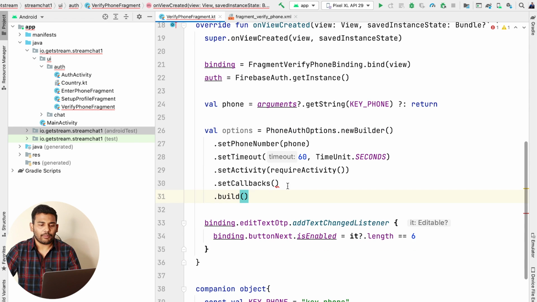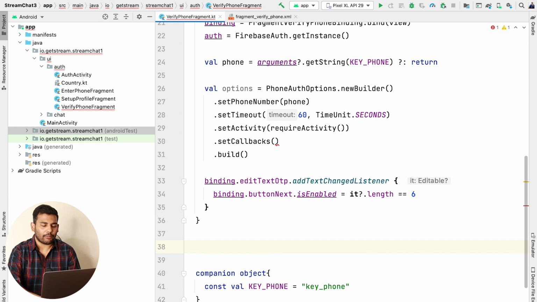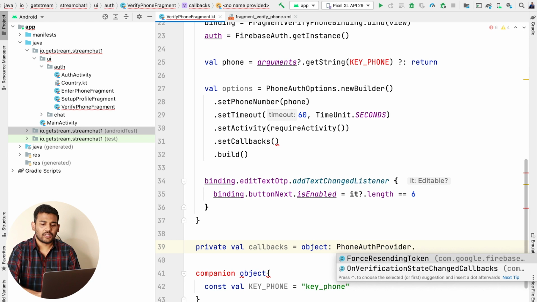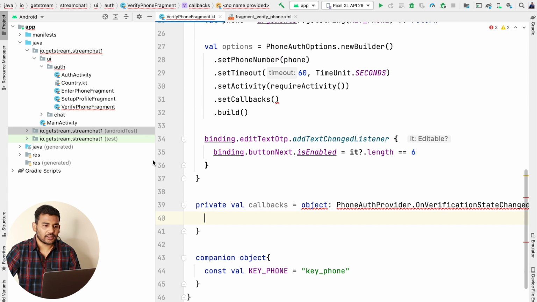Now we need callbacks, and for the callbacks we will define a callback here. Let's say we have a private val callbacks phone auth provider dot on verification status changed callbacks. So we will use this callbacks.